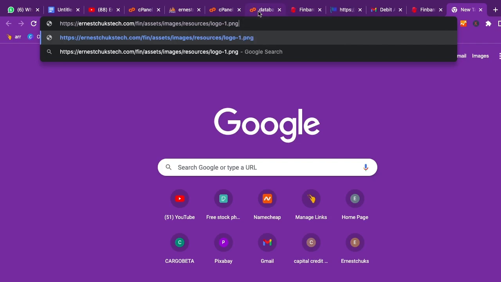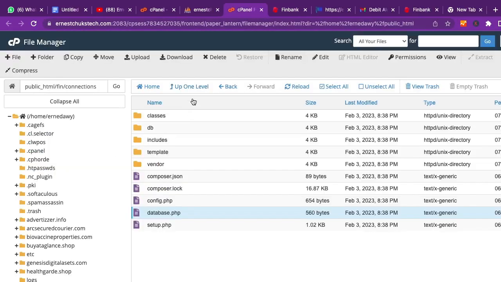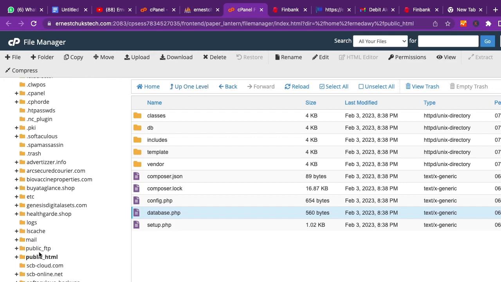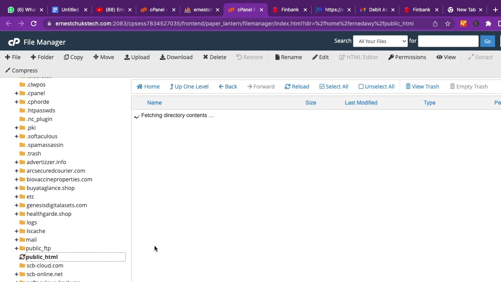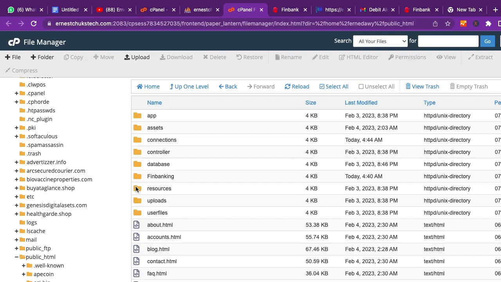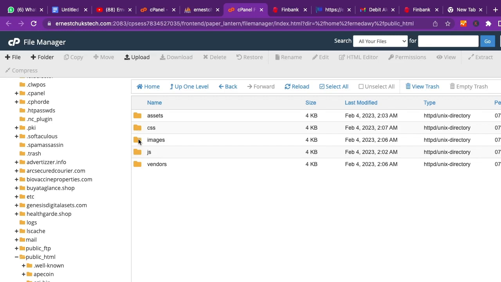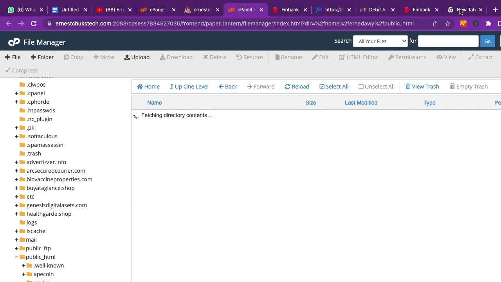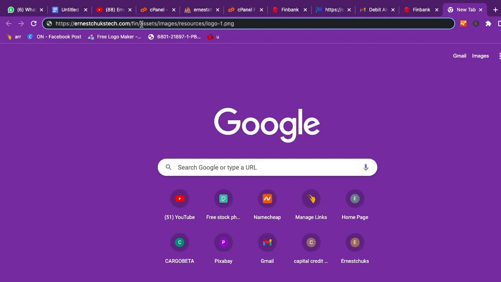So I'll just open the file manager. Okay, let me just go to the public_html and then locate the folder right here. And then from there we can look at the assets folder. From the assets folder there is this images folder, and then from the images folder there is this resources folder, guys. As you can see, there are these assets, and there is images and there is resources, and inside the resources folder there is now the logo